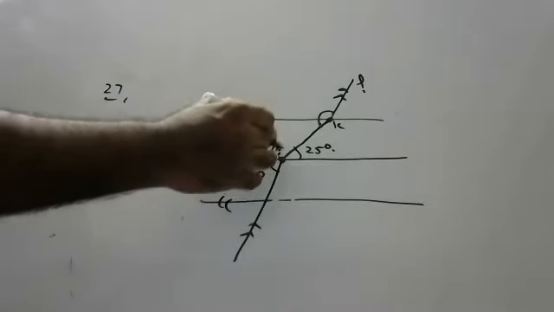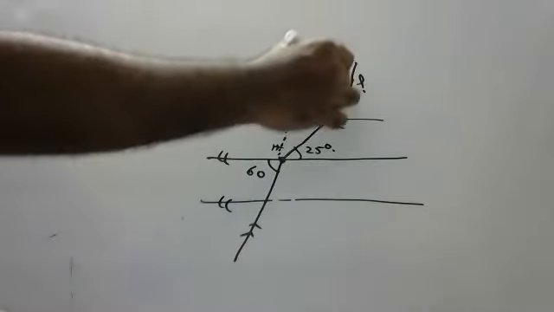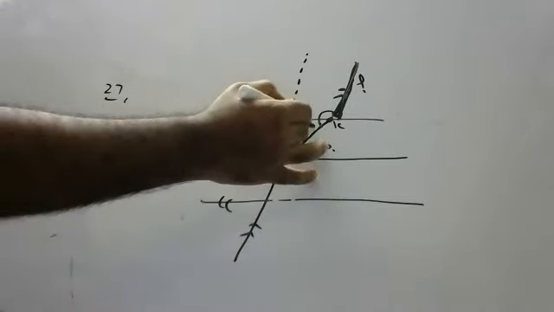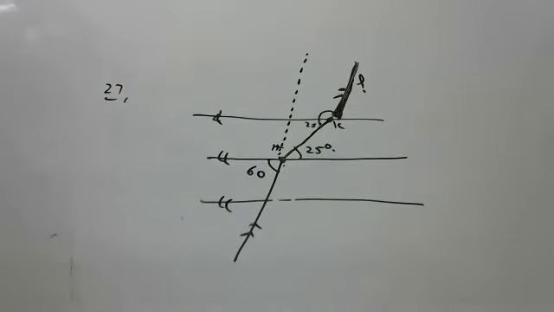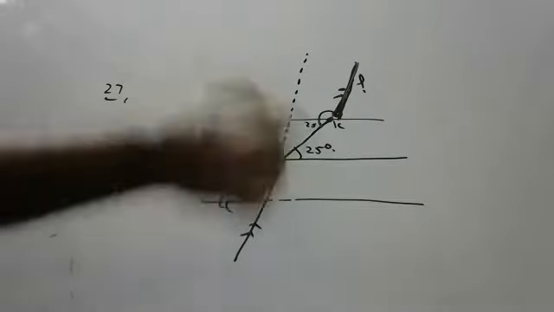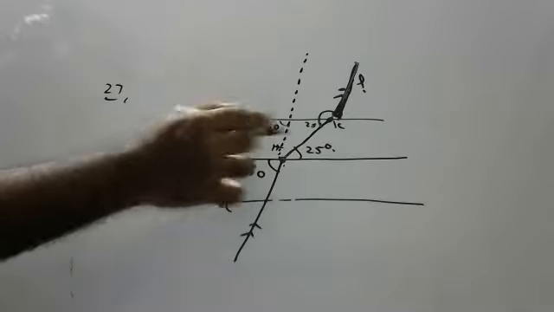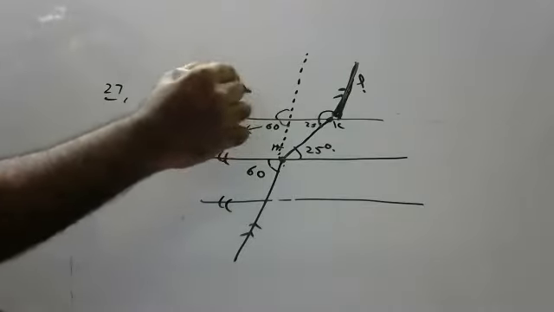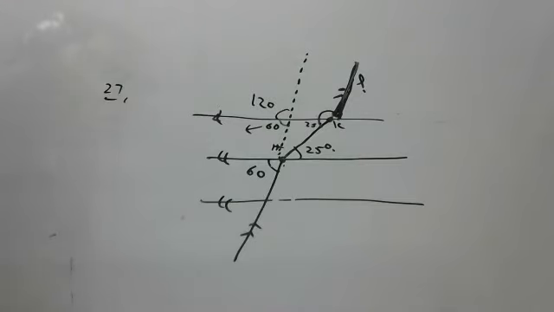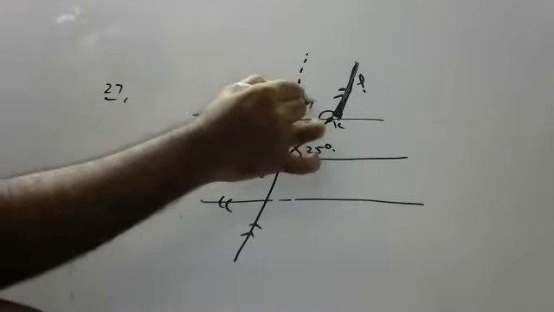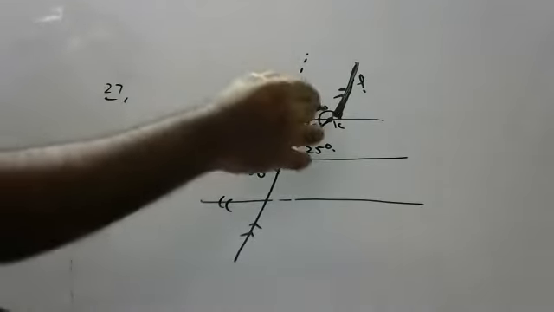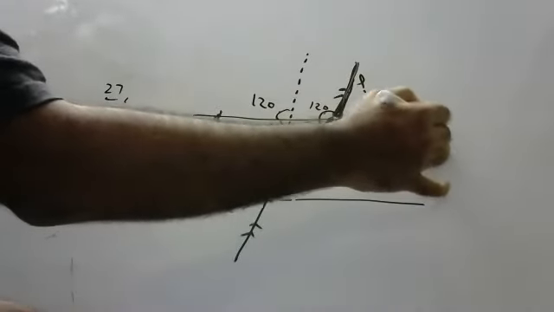Children, I will continue this line, as this is a parallel line, no? If this is 25, this is also 25, interior alternate angles. Try to understand. If this is 60, this is also 60. Can anyone say why? Corresponding angles. Very good. If this is 60, this is 120. Can anyone say why? Linear pair. If this is 120, this is also 120. Why? Corresponding angles. Now 120 plus 25 is 145 degrees, which is HKL.